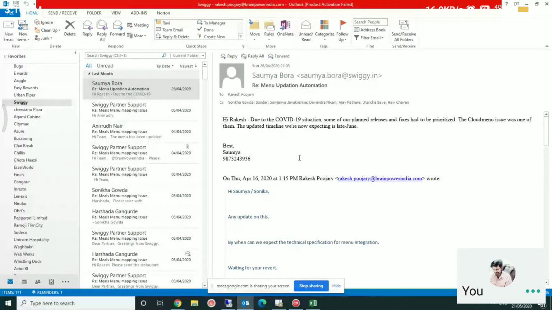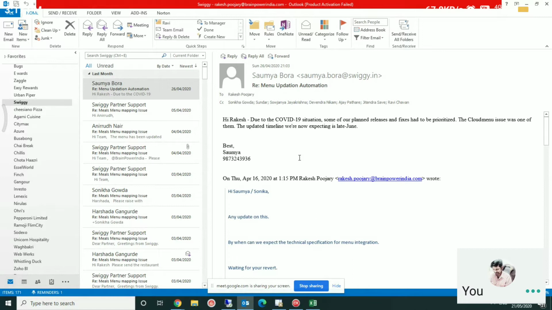Once we initiate the request, we have to give them the data in their Excel format, which they have already shared with us. We fill in the data in their format and send it to the Swiggy integration team. The Swiggy integration team initiates the request from their end and gives us ticket IDs for the request initiated.